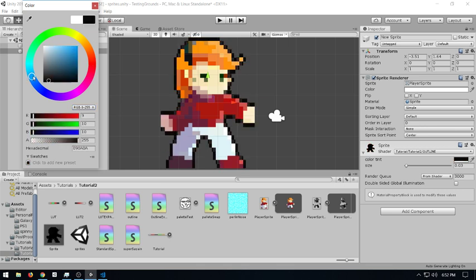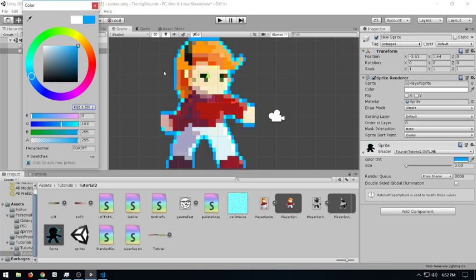I actually am probably going to be more of a proponent of outlines in 2D games now purely because of this. Still think that you should ask your artist for an outline if you want an outline, or at least a nice silhouette. But if for some reason you just need to test this really fast, just need to make sure this looks okay, not a bad way to go.